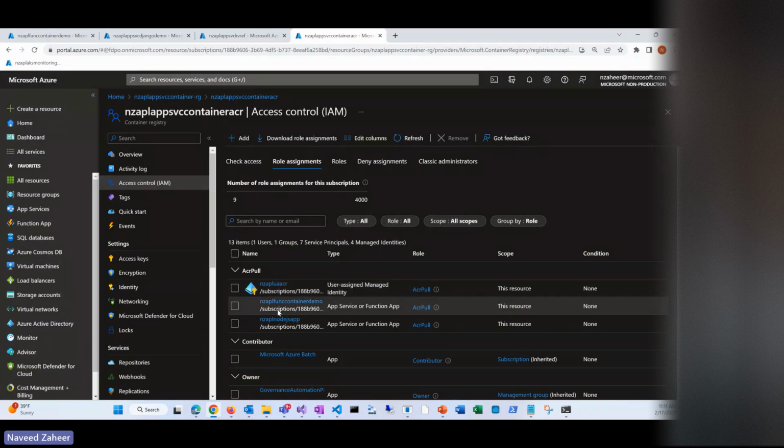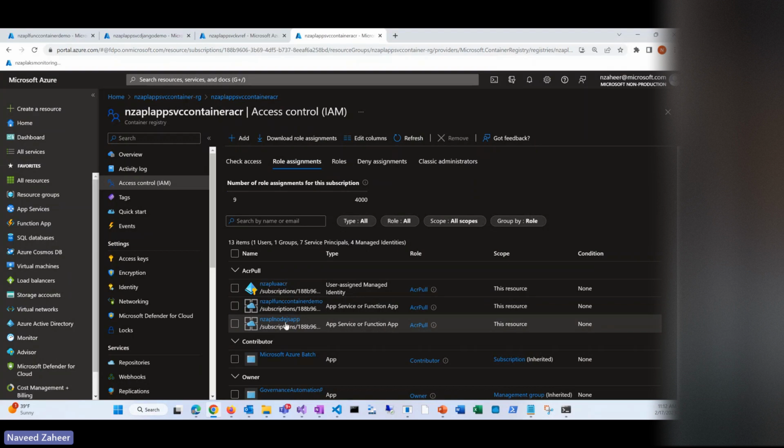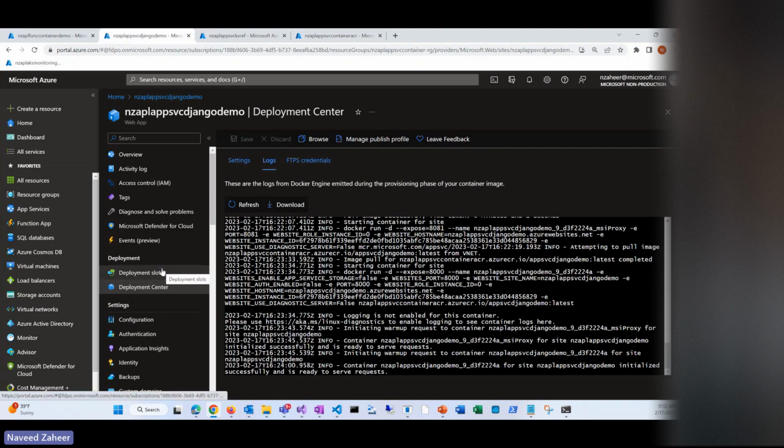Okay, so this is my app, as you can see here, and as I have created this app, and I will show it to you in a second. Sorry, I'm using a user assigned managed identity for my app, and I have given it ACR pull. So let me show you my app here. I go in there, and in that